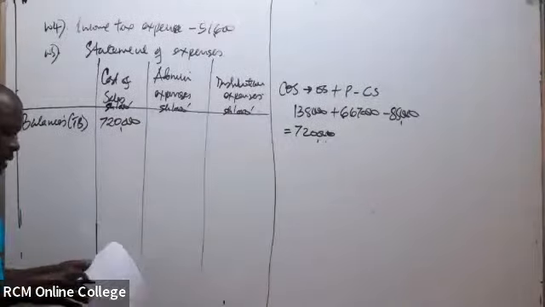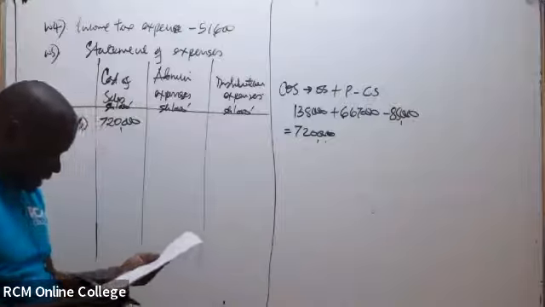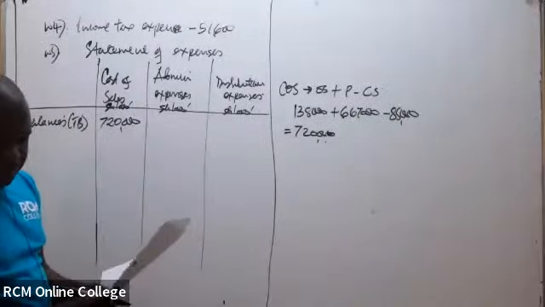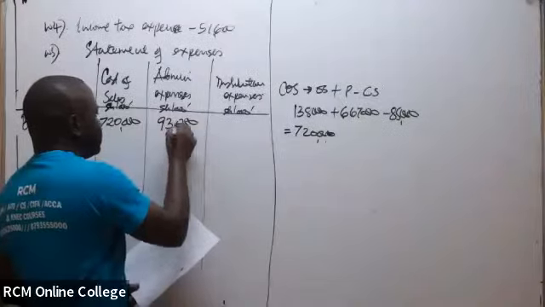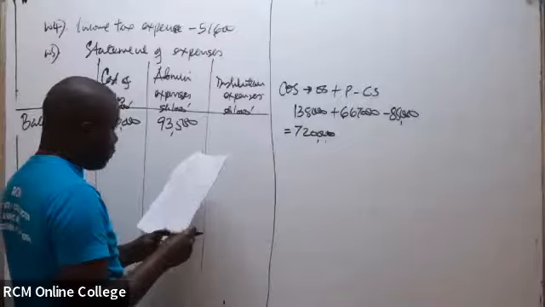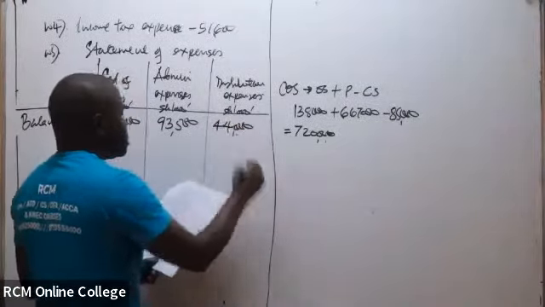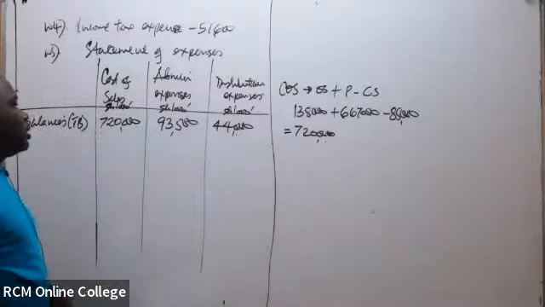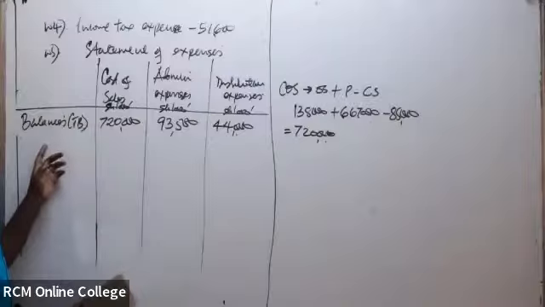Then the admin expense we've actually been given in the trial balance, you can see it's coming to 93,500, so 93,500,000. Then distribution in this case is 44 million. So once you have the balances as per the trial balance,